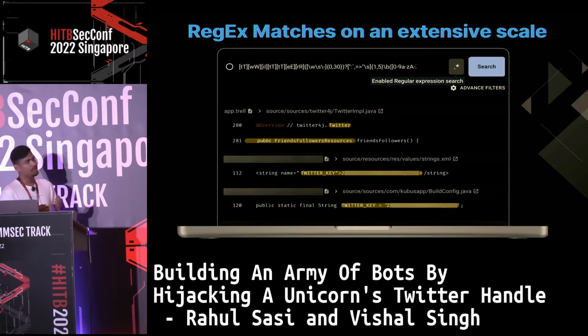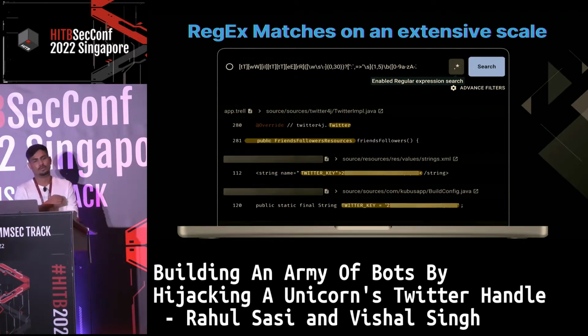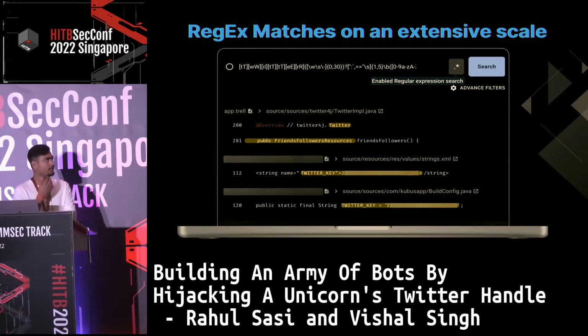Okay, so BVGL also has a feature where you can enable regex search, and you can simply search for AWS keys or any other keys, like Stripe keys, Razorpay keys, or HubSpot API keys. You can simply pass the regexes, or search for the keyword you want, and it will present all the keys, the apps or companies which are leaking those keys, secrets, or tokens.